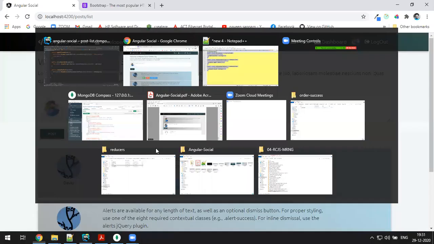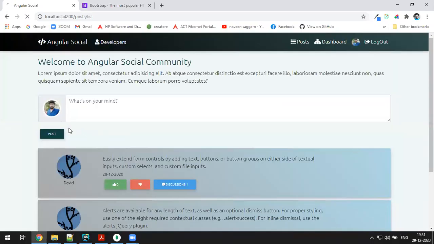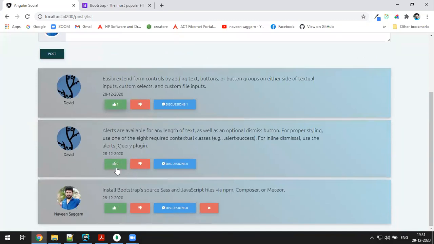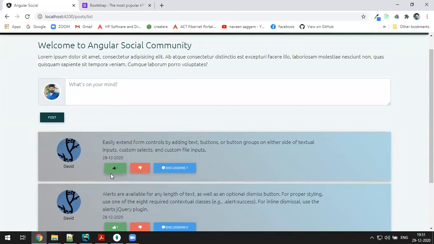Okay, check it out. So this is someone else's post. Someone else's post, 0 likes. Click on the like. Yeah, one like. If I click multiple times, you won't get anything because only one time you can make a like. This also you can like once. Only once you can like. Someone else can log in, like one more time, the same existing like. Dislike means this will go down. If you have already liked, you can dislike. That logic we have seen in the backend.